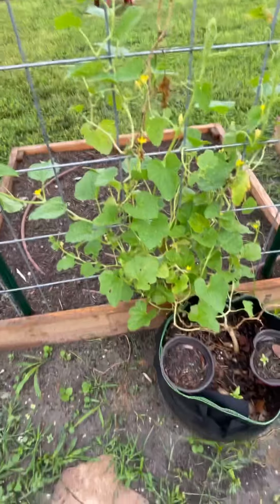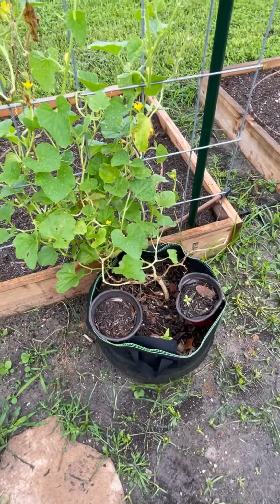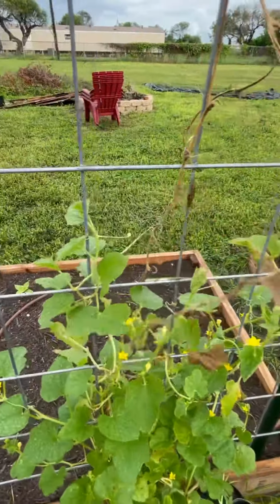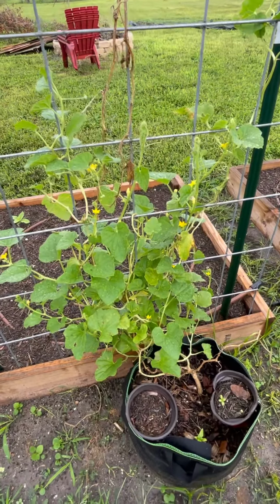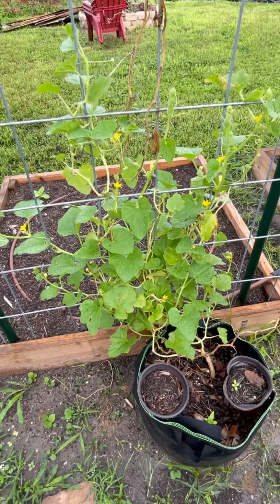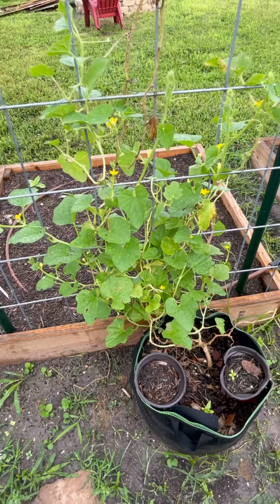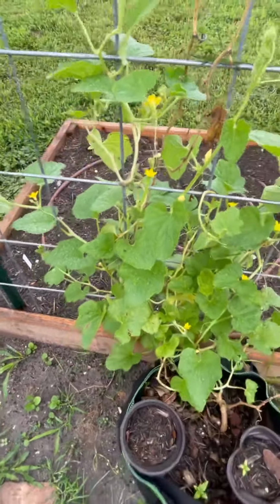Over here is another cucumber plant. And I left it in the grow bag because it was actually dying. I mean, it was in really bad shape, guys. And this is what I was going to tell y'all: if you have a cucumber or a melon plant that you transplant and it looks like it's on its last leg, still continue